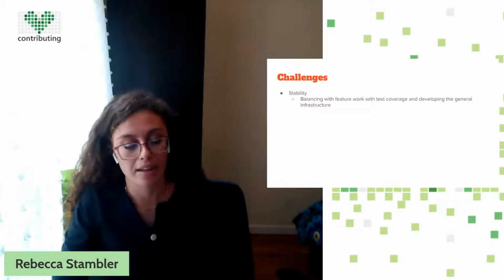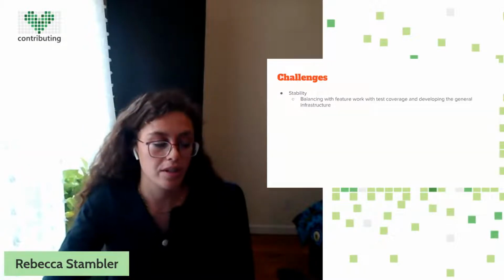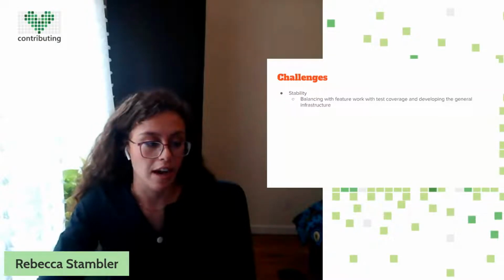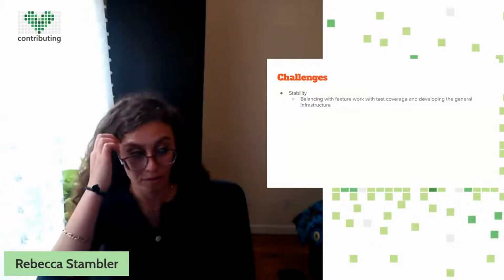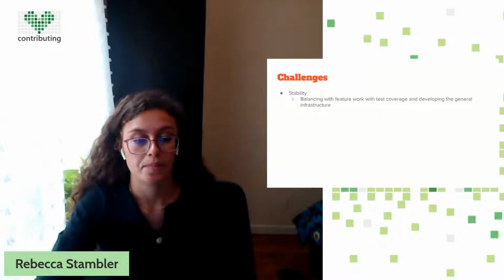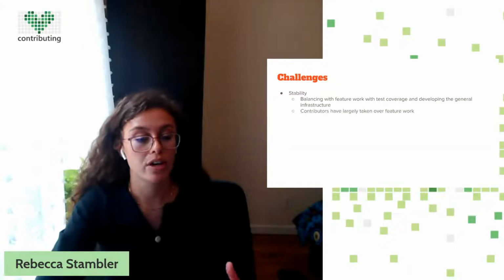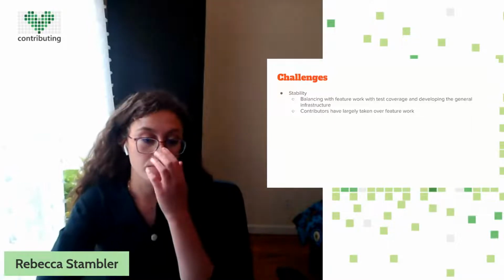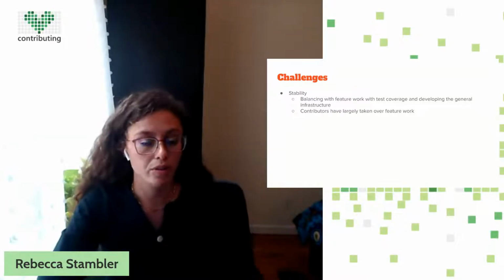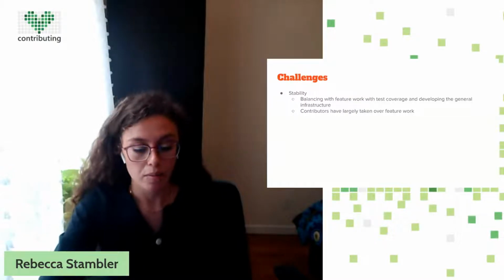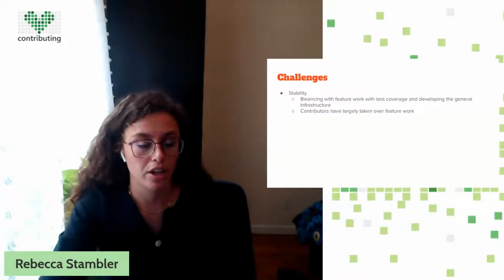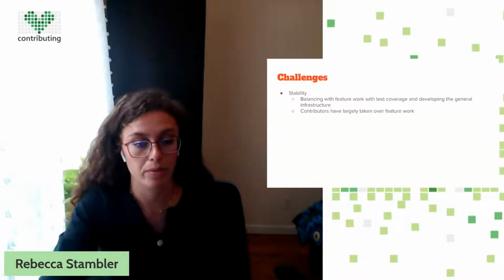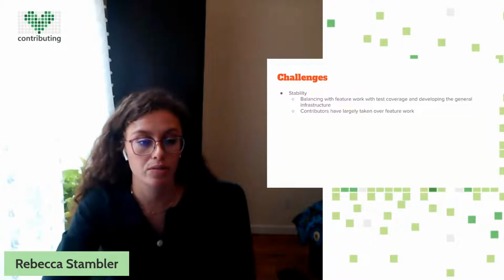And so I think we took a step back in the last year or so and we said, okay, we want to focus on stability and we're going to sort of put features to the side. And I think we rewrote our caching layer about 4 times, but that's worked really well because contributors have really filled that gap for us. A lot of our contributions come directly from folks in the open source community who don't work for Google and who don't get paid to work on this, but who are interested and passionate about these things. And so it's been really great. Actually, all of autocompletion has basically been written by an open source contributor, and it's really awesome.